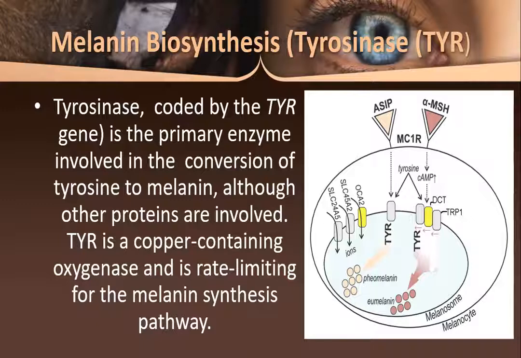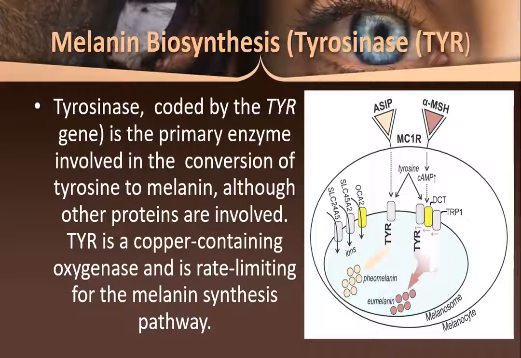So this enzyme is involved in the conversion of tyrosine to melanin. Okay, so tyrosinase converts tyrosine to melanin, and a few other proteins are also involved. TYR is a copper containing oxygenase, and